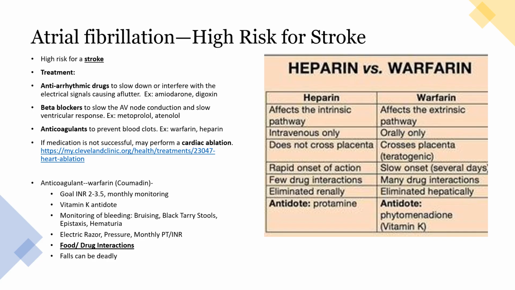Warfarin is the generic, Coumadin is the brand name. Warfarin affects the extrinsic pathway. It affects clotting just a little bit differently than heparin, on a different pathway. It can only be given orally, so warfarin's a pill. It also has a very slow onset of action. So if I give someone warfarin, it's going to take several days for that blood clotting effect to start to become